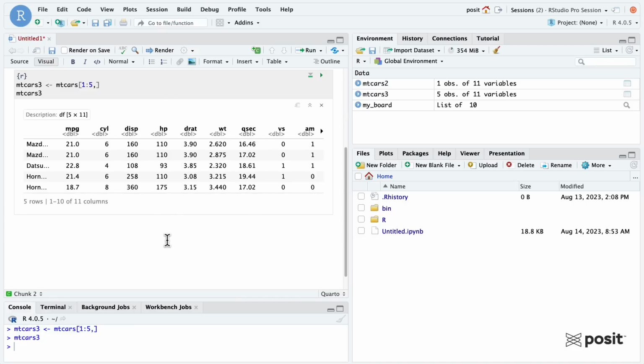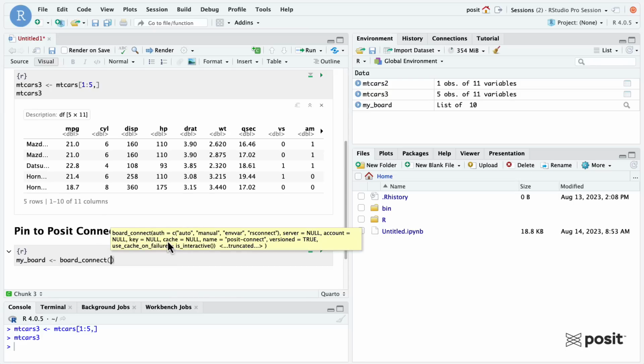So the last thing we want to do is the actual pin writing process. So we want to pin to Posit Connect. Now, since it's going to be hosted within Posit Connect, we still need to make that board connection. So I'm going to write out my board, and this is going to be board_connect. That's the pins function we want to use here.